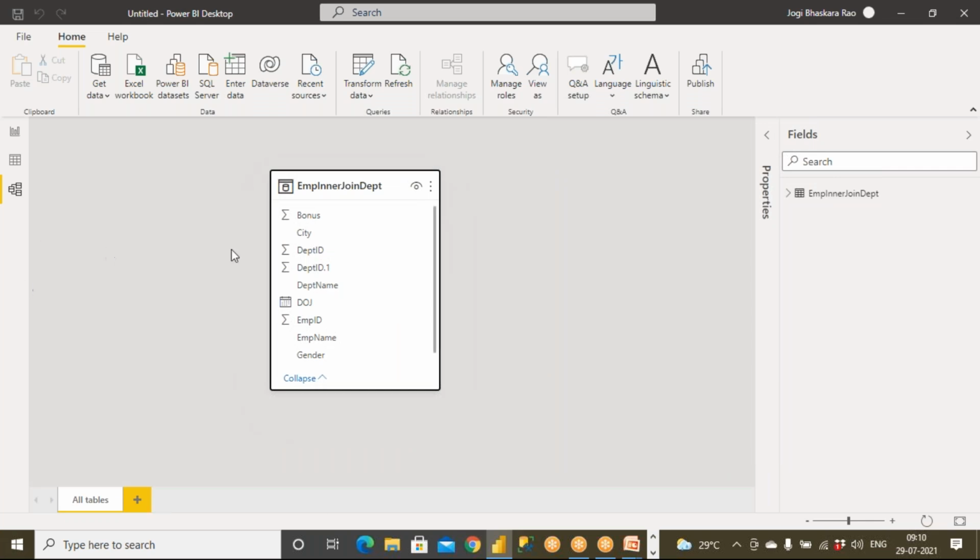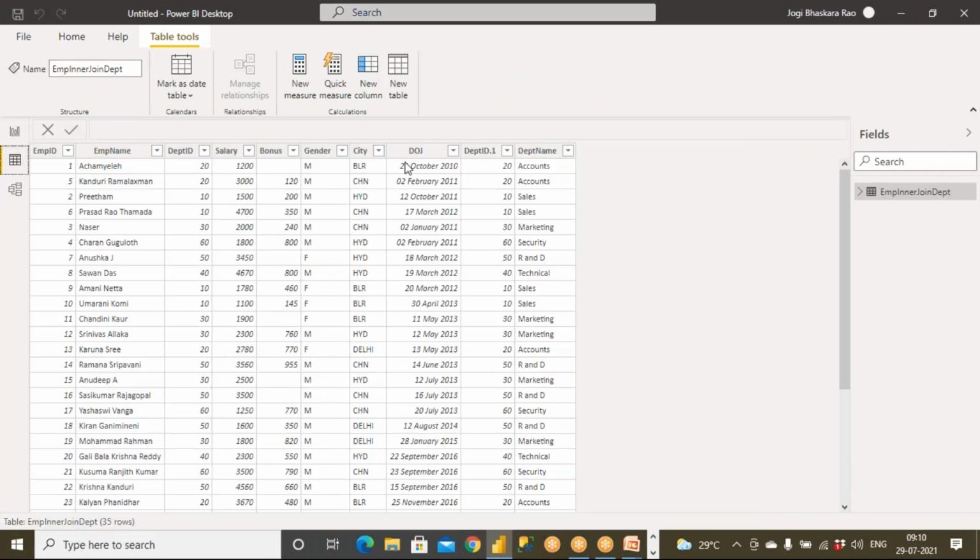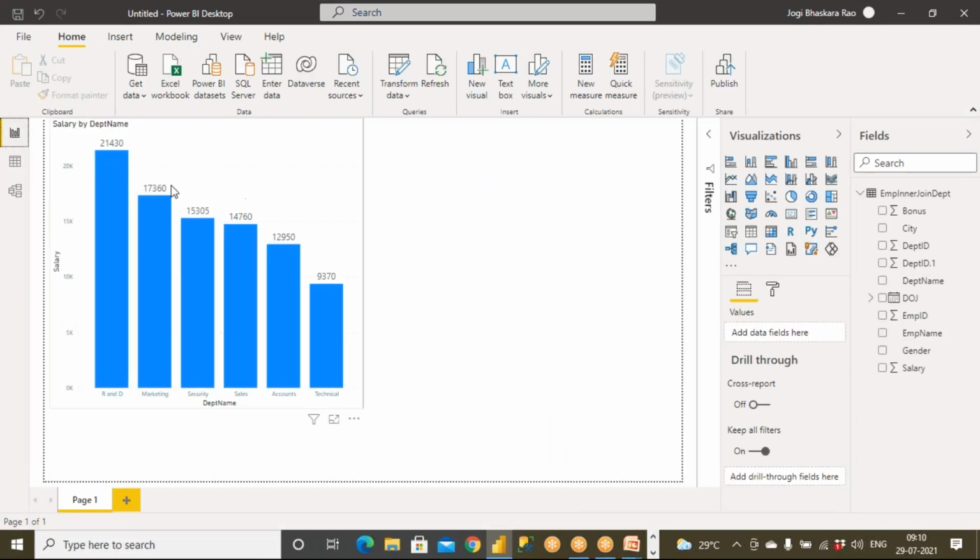That's it, nothing else. You need not join anything here because already you have joined the data at the Power Query level and it is loaded after joining and compressed, and no need of putting relationships and everything. Simply you use them and you should be able to create a lot of visualizations. Clear? I wanted to have what is the total salary, or department wise salary, whatever you would like to have, you should be able to get it and you should be able to perform the